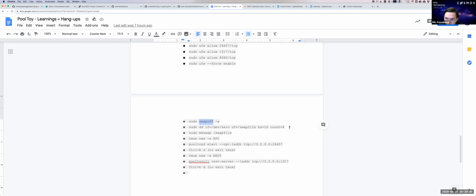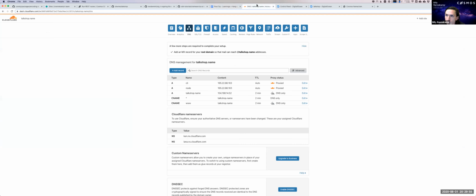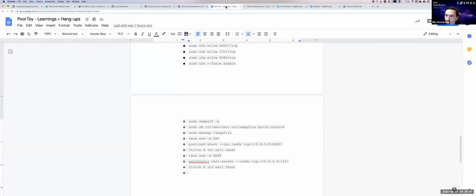I just added a gig. I think the default DigitalOcean small one gives you something like 20 gigabytes of hard disk, so you might as well use one of those gigs to augment your RAM. That just makes sure that your server doesn't crash if you're getting a bunch of activity or something like that. If you just Google add swap to Ubuntu, there's a million tutorials, but it's essentially these 3 lines. The other things I did, I'm going to get into in a second, but first